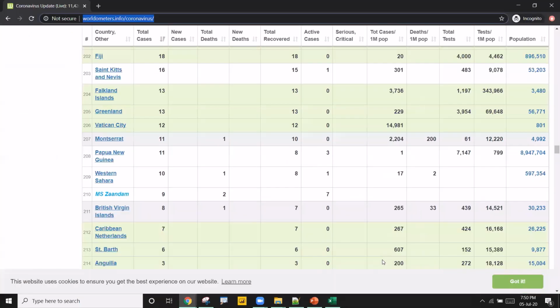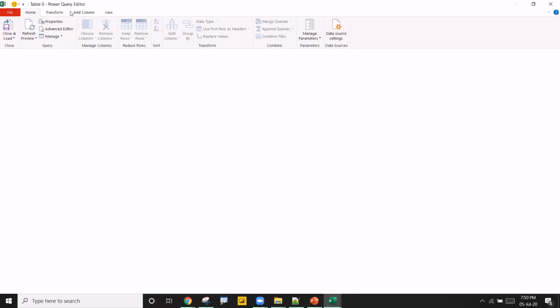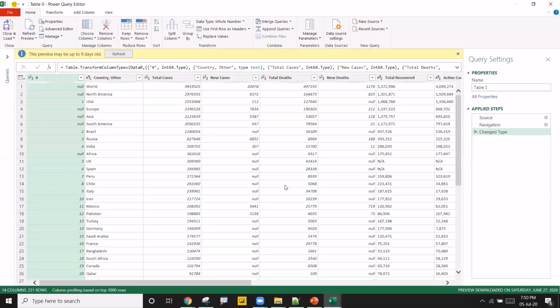I click on this Transform Data. Once I click on it, it will open our Power Query editor. Till now it was showing the Navigator. That Navigator is creating a connection between Excel and the Power Query. So it has established a connection now, and all the data is there in the Power Query editor now.